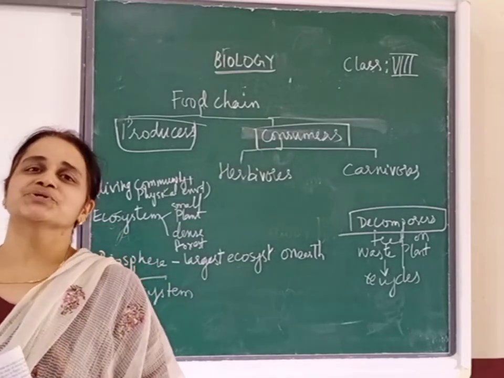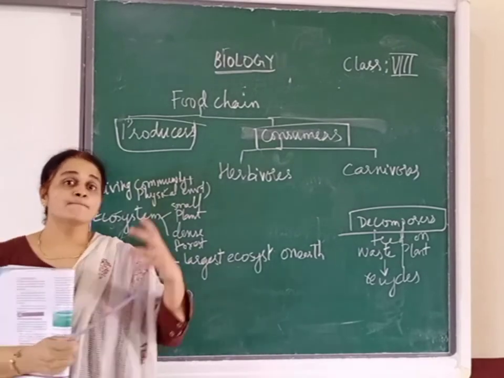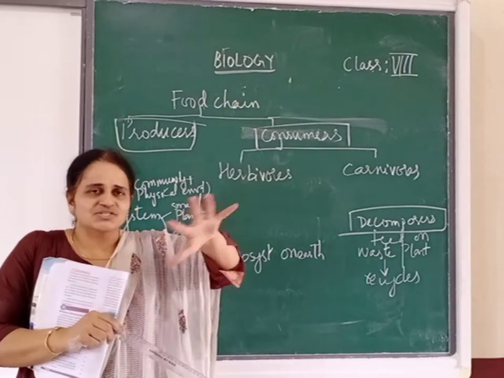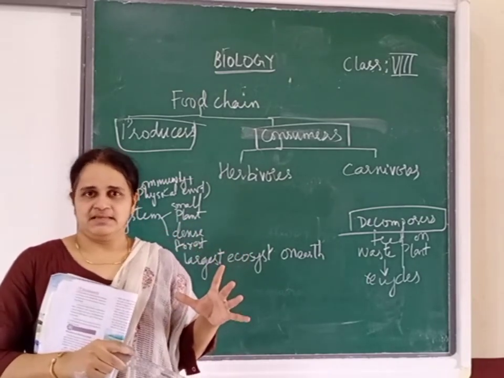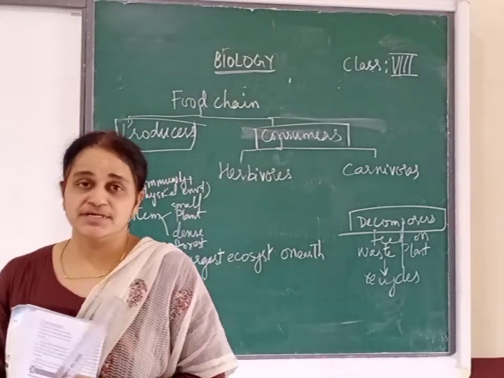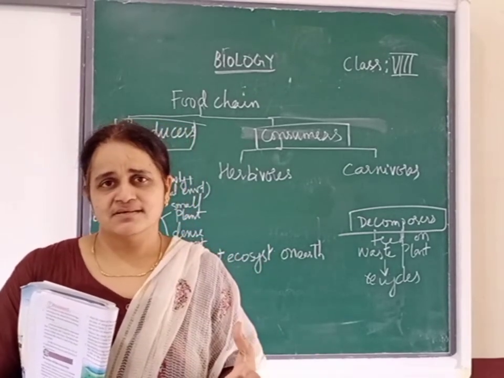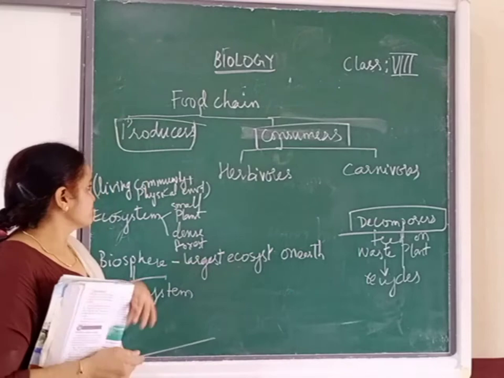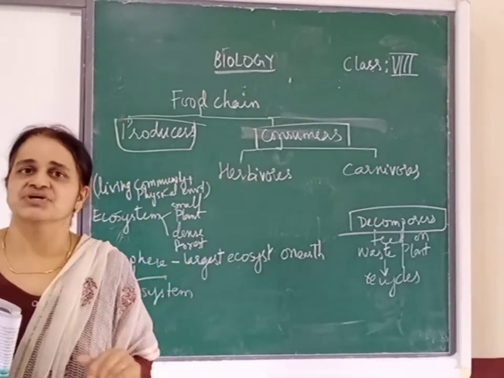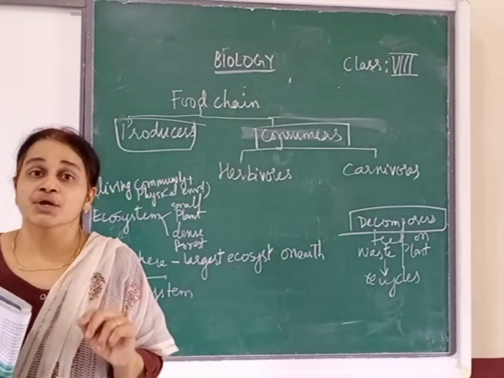Continue with our new unit on ecosystem. So yesterday we talked about ecosystem and the components present in ecosystem. Ecosystem as such is a large unit which consists of living community. When I say living community, that means it may be plants, animals, microbes, which interact with what? With the physical environment. Physical environment means air, temperature, soil. All this together forms the ecosystem.